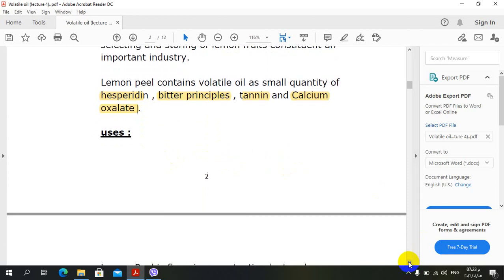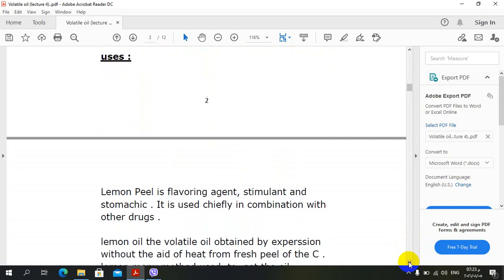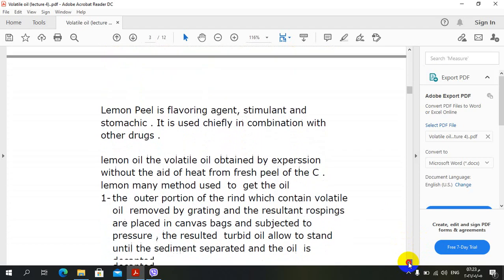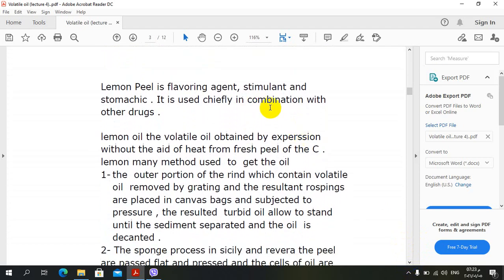Uses: lemon peel is a flavoring agent, stimulant and stomachic. It is used chiefly in combination with other drugs. هنا stomachic, it means it is used in the digestive tract. Lemon oil,